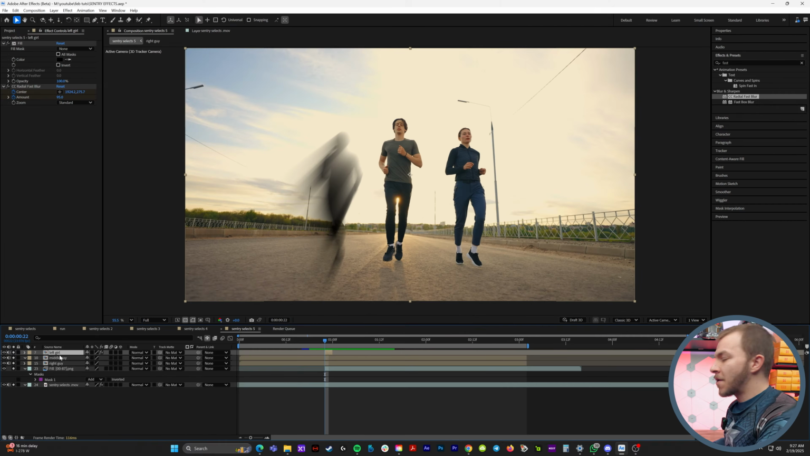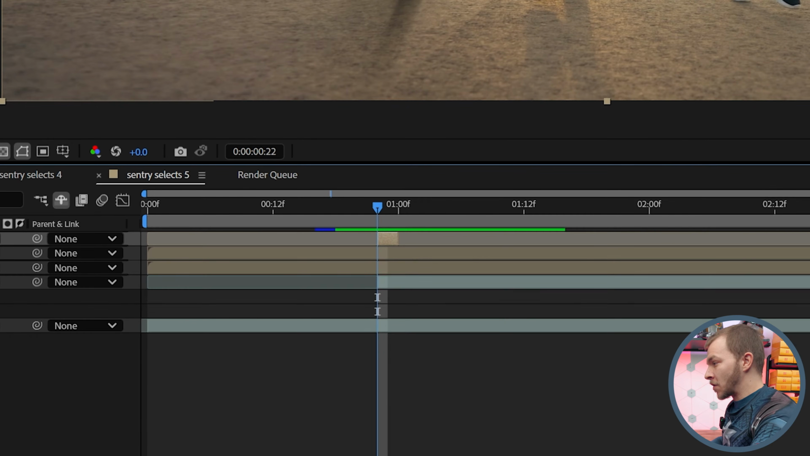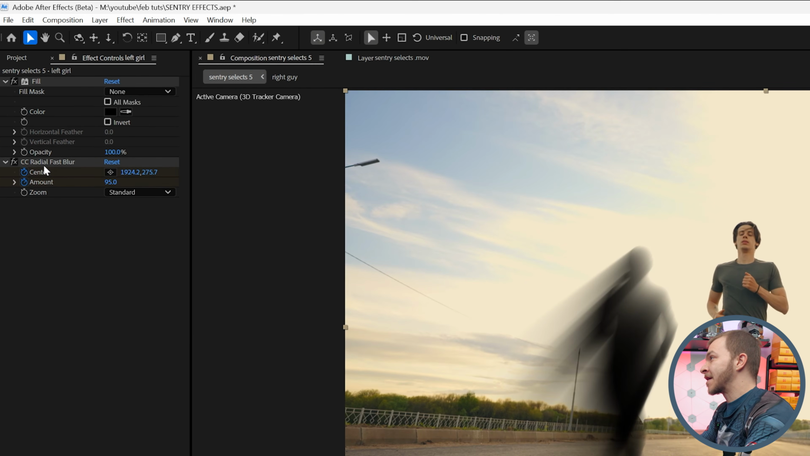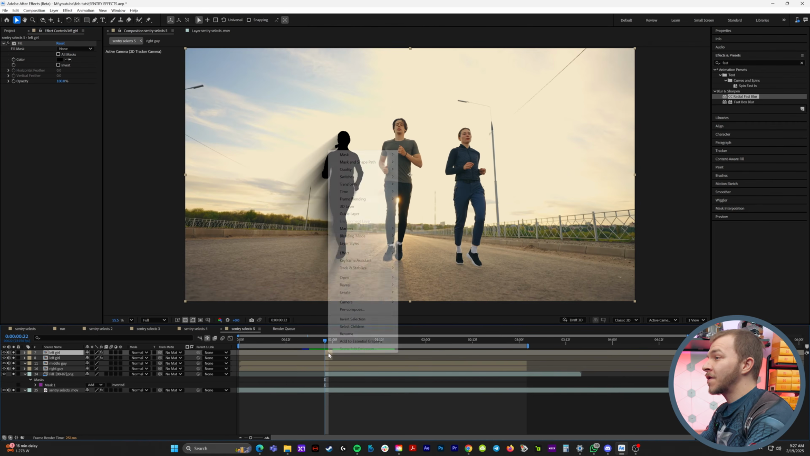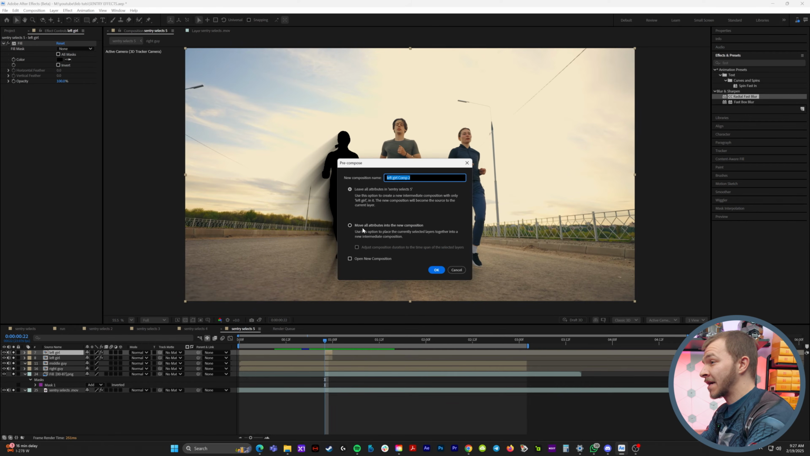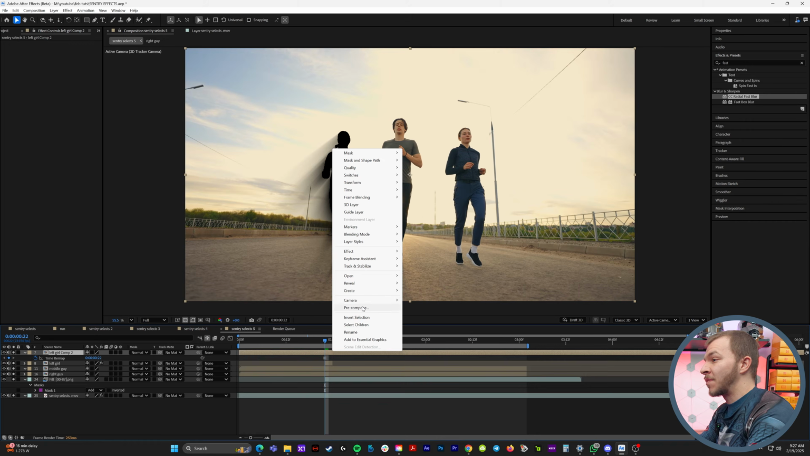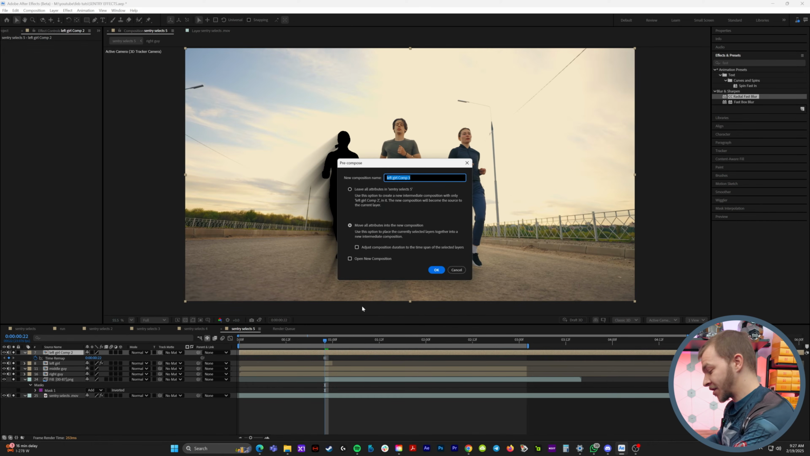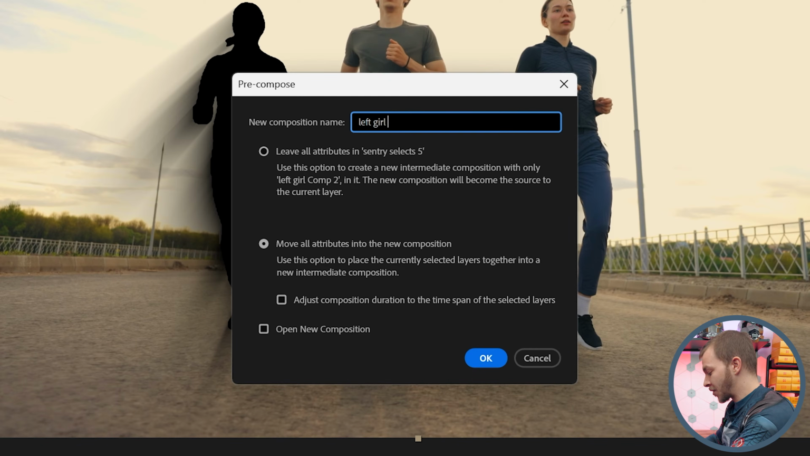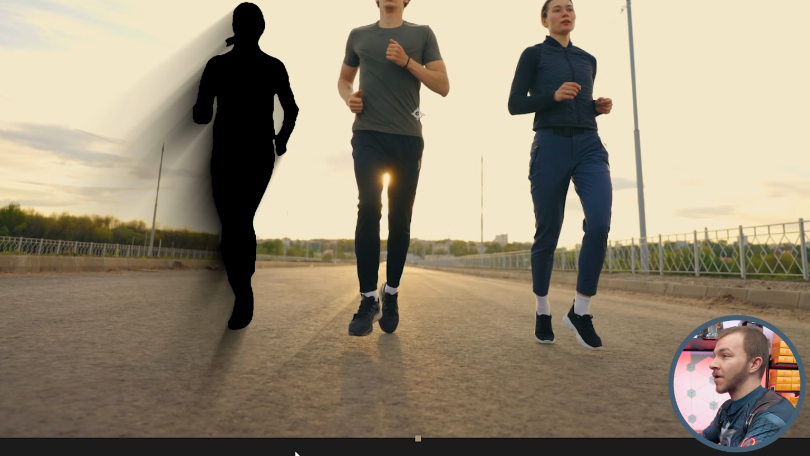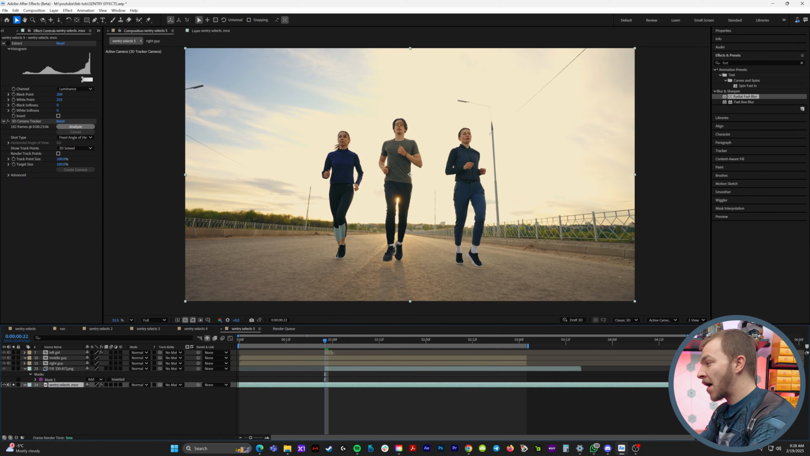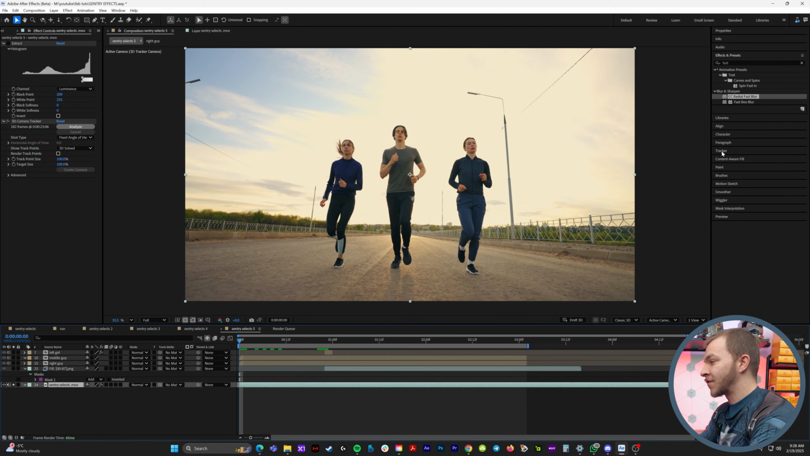It looks incredible. So now we actually need to get a freeze frame of this girl. So we're gonna duplicate this layer and get rid of the fast blur. What we're gonna do is actually pre-compose this layer, right click, go to time, and then freeze frame. And then I'm just gonna pre-compose this layer again so it'll show up in my project panel. I'm gonna name it left girl freeze frame. And then we can just delete this layer, because now if I solo just our original footage, I'm gonna go